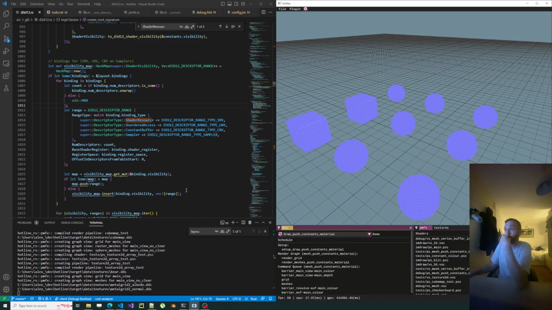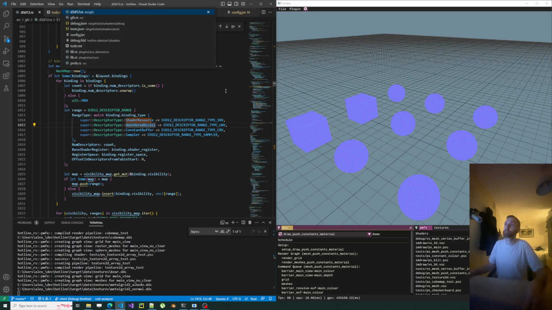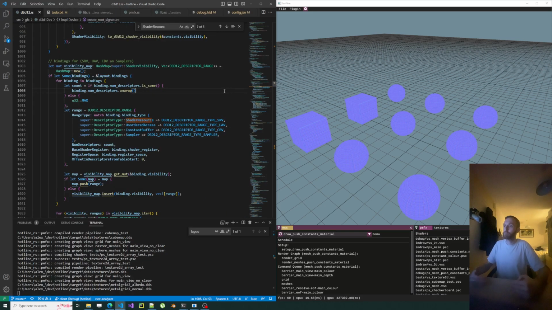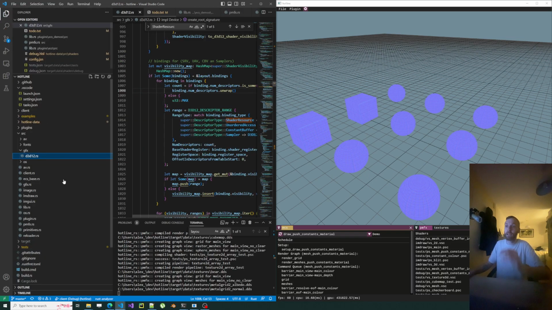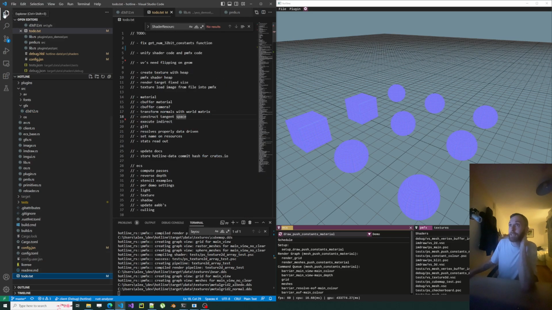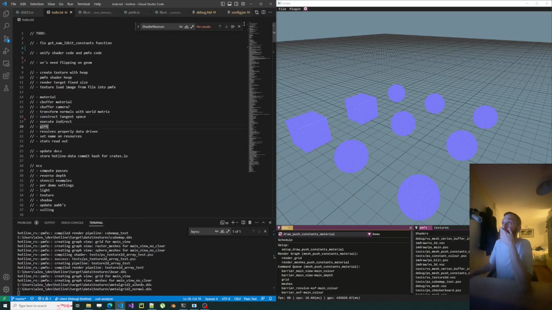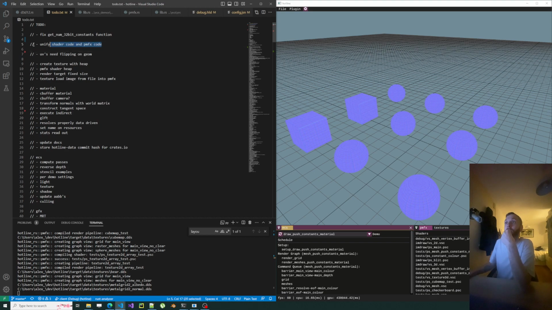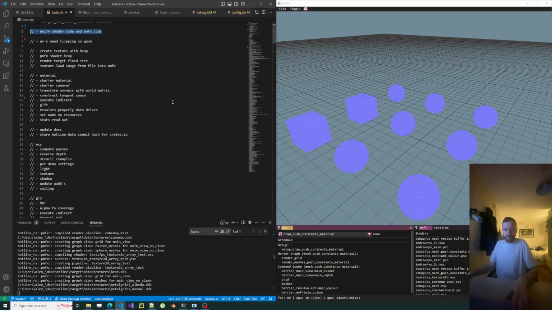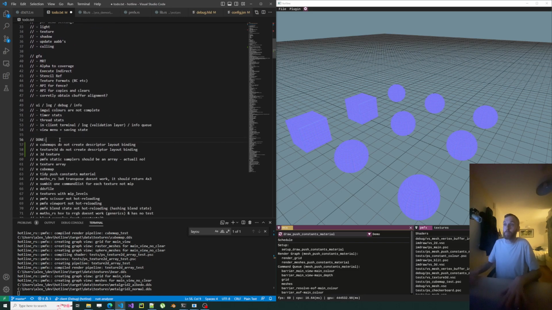The next thing to do would be to create a material, and the material is going to be made of a kind of lookup, and I really need some lighting, so I'm just going to have a look at the to-do list and see what was on the list. Unify shader and pmtech code. I did tidy that up a bit, so I'm going to say that's done for now. It does need another pass, but